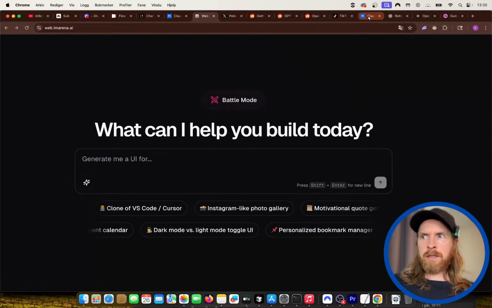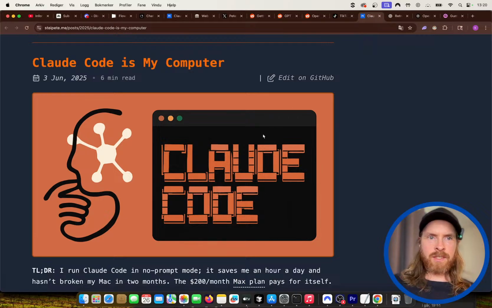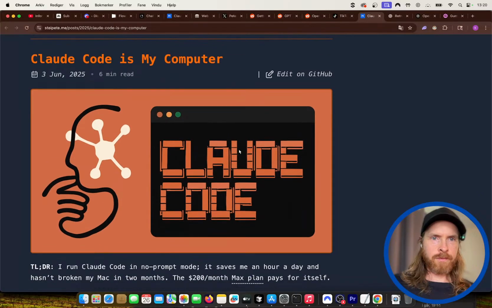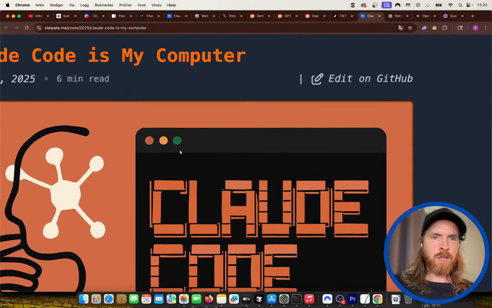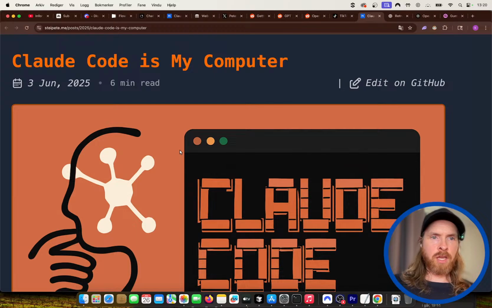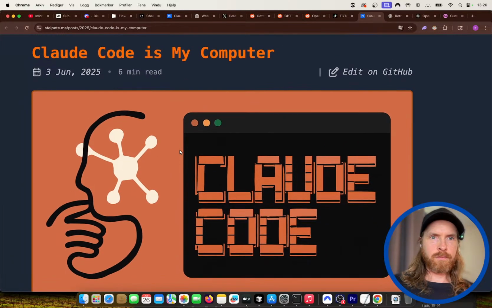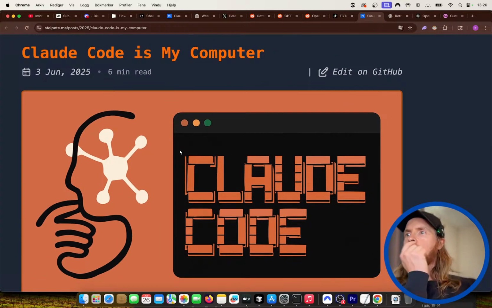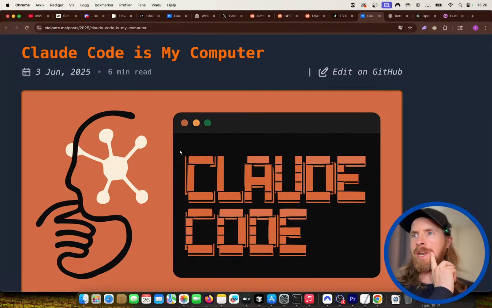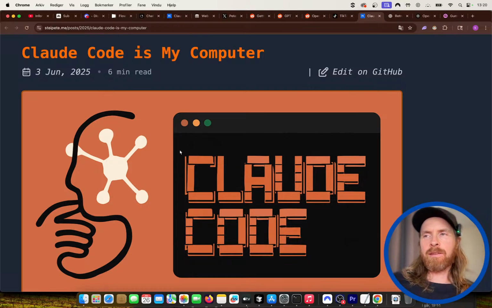But I wanted to take a look at this one. That looked pretty interesting. Claude Code is my computer. I wonder if you can get ChatGPT agent to open another ChatGPT window and have a conversation with an LLM. I think I tried that before with Manus or Claude computer use, and it did work.